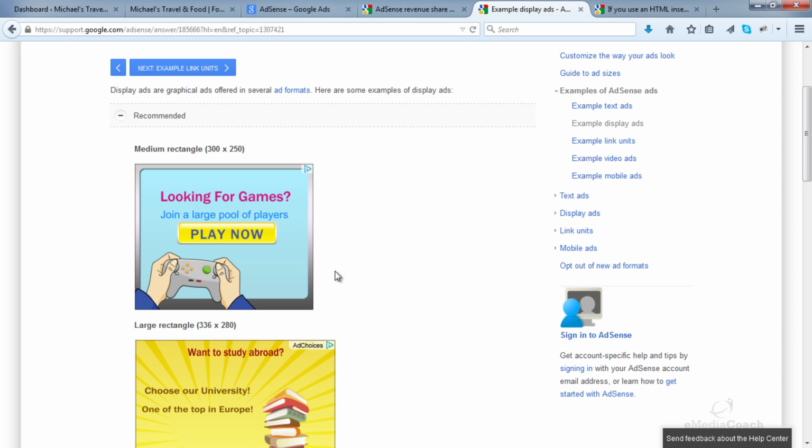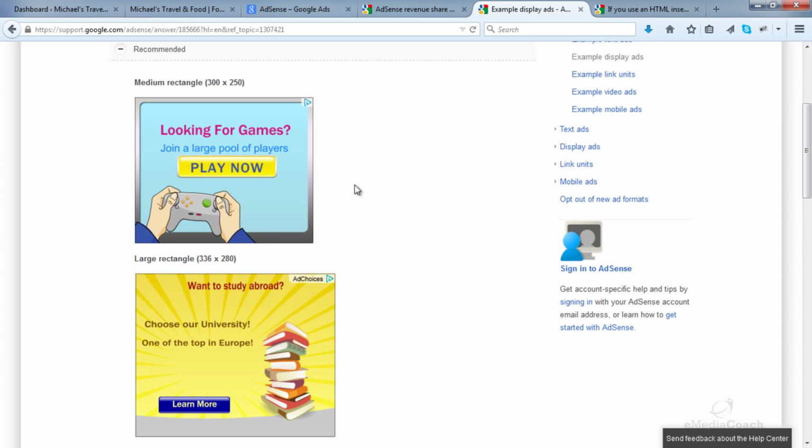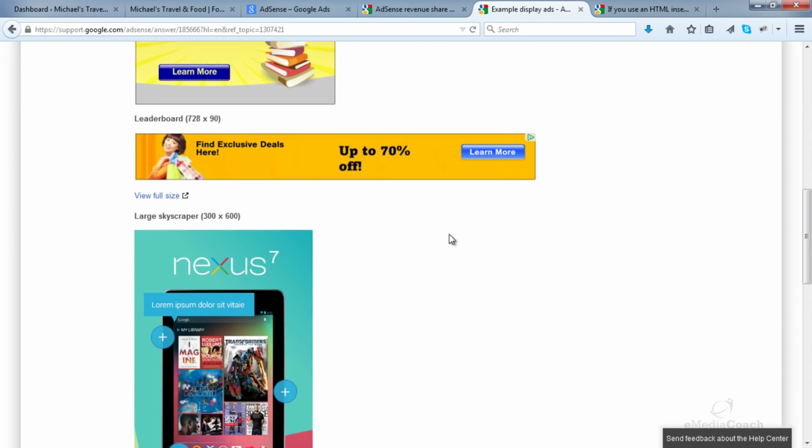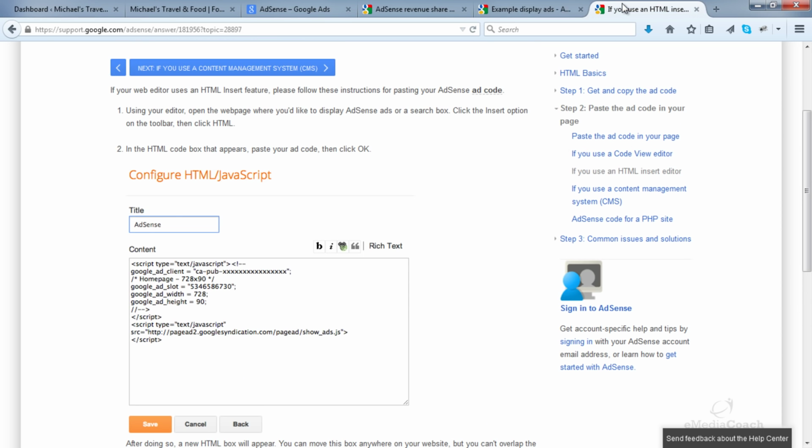It's actually pretty simple how you can implement these ads onto your site. All you need to do is sign up for AdSense. Then you'll have the option of selecting an ad format, which is the text or image ads like I showed you, and also the size of the ads. When you select that, you will be given some code that looks like this. All you need to do is copy and paste that onto your site. So I'm going to show you an example of me doing that right now.